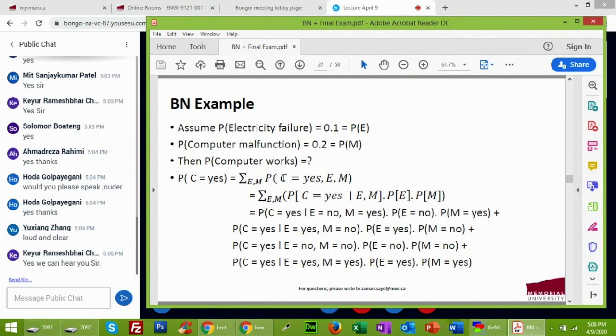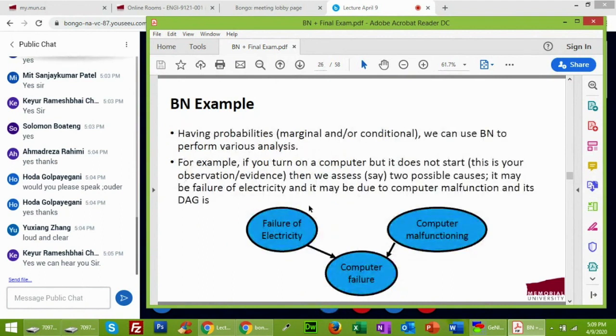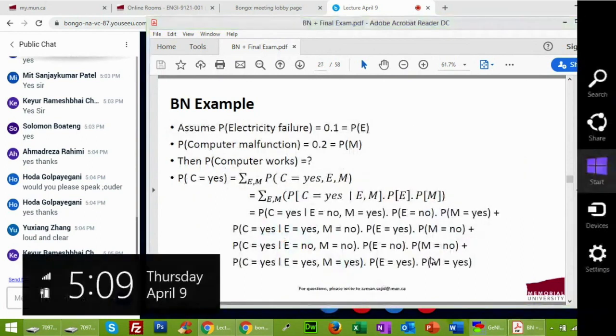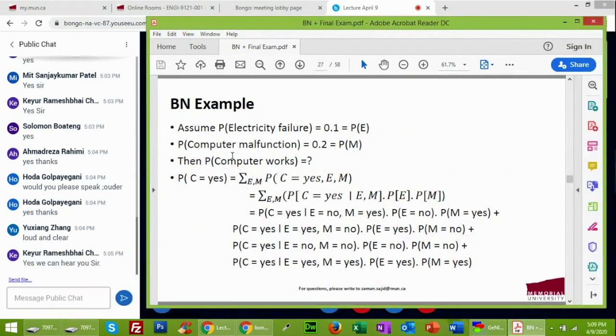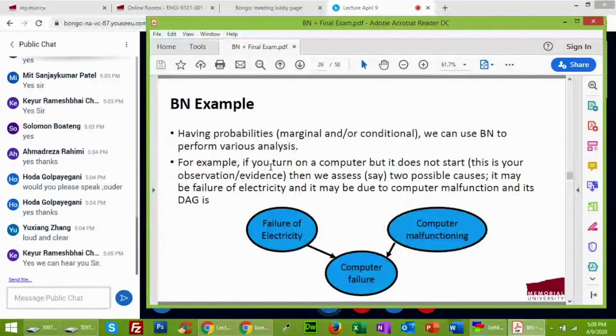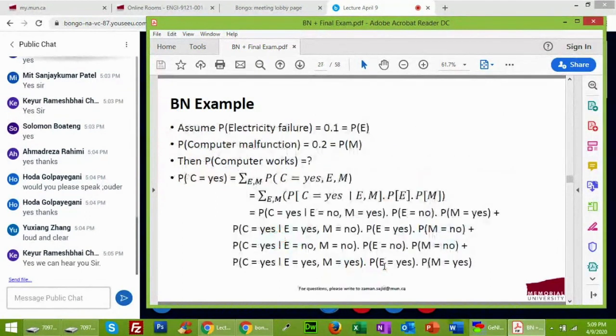What we will do, we will consider the possibilities of failure and success of this component, and the failure and success of this component. But because we are concerned with only finding the success of our computer works, then we will only consider the success of this possibility. And that's what is written here. So we have the C, which is the computer failure.